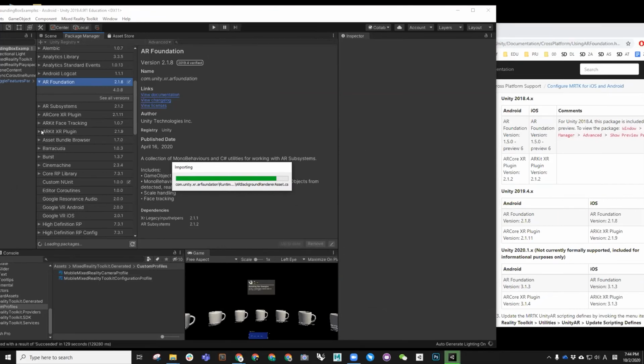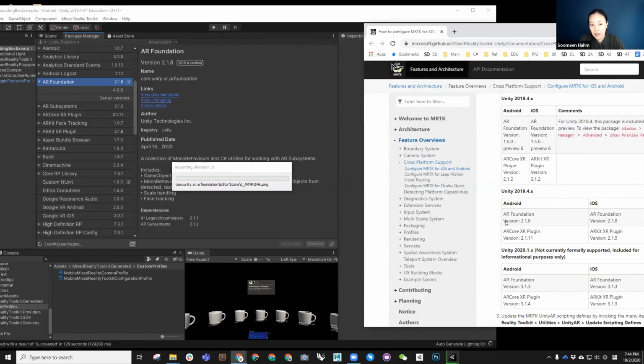For my package manager, I'm not sure if you don't find it. You don't find the package manager? You can find it from Window. No, just now the AR Foundation is not coming up, so now it is. Okay. Just install the 2.1.8, following the guide. Okay. Yeah. And then